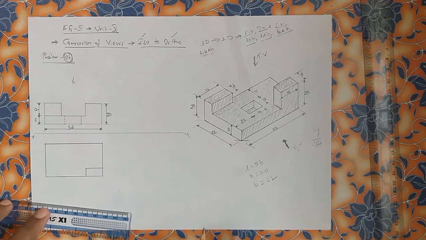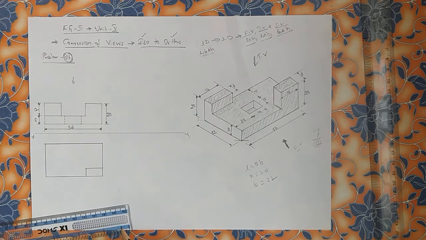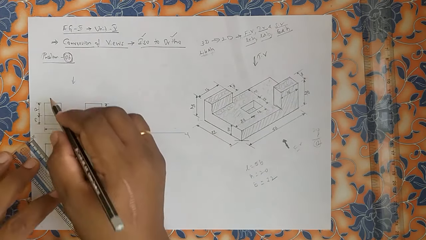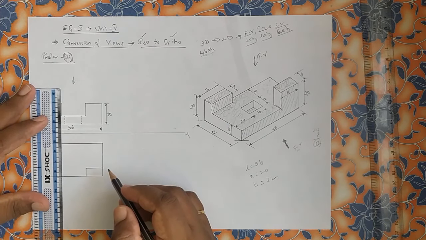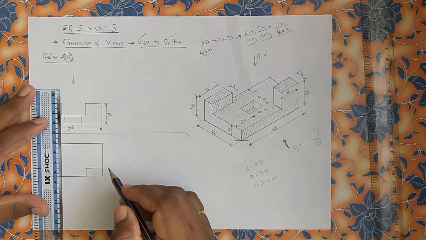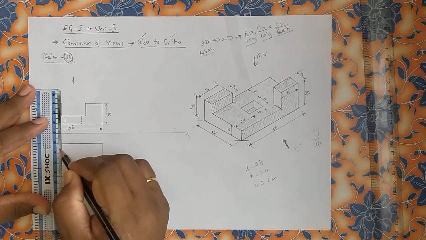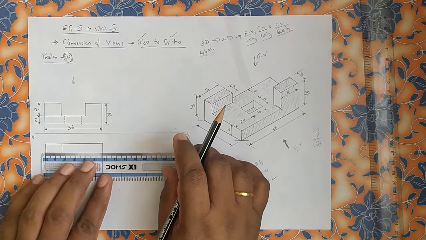Try to analyze that. Now in the same way, the top left, which is here. What is that shape? Same, 16 by 8. Here we have already drawn 16. From here, try to align with the help of a scale. The length is 8, 5, 6, 7, 8. If you cross verify it, it will be exactly 16.